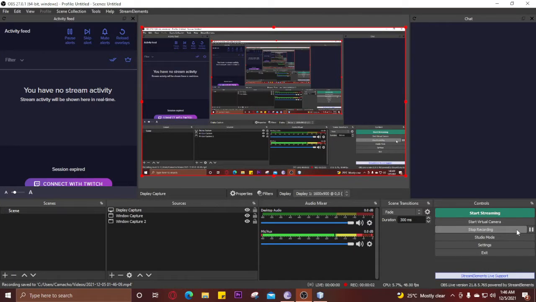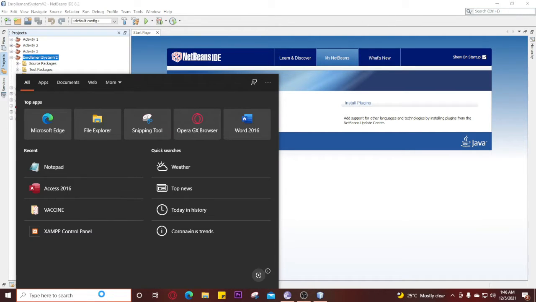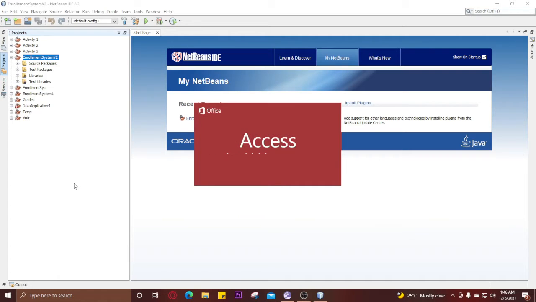So what's up, guys? Our program is the ERI student registration system and also its database. We use NetBeans for this one and Microsoft Access to have our database stored locally. So first off,